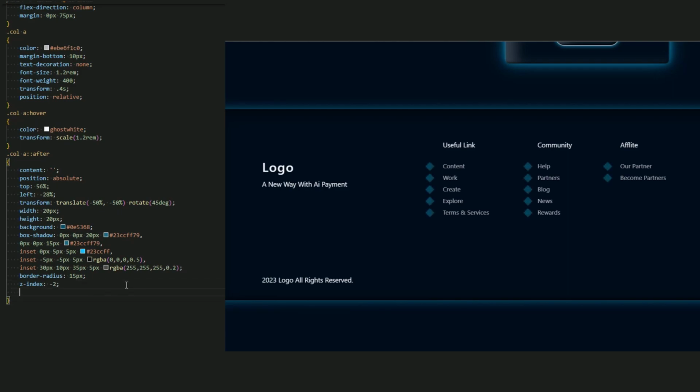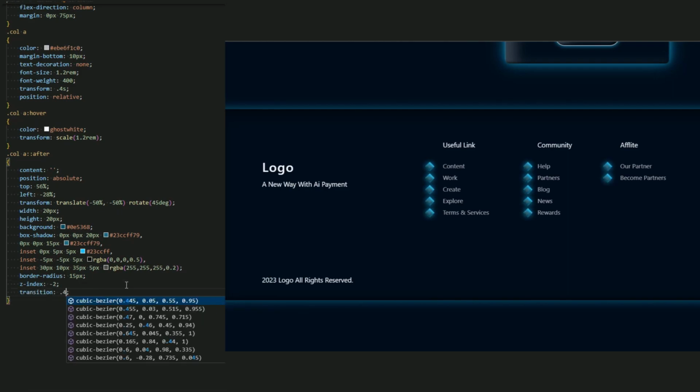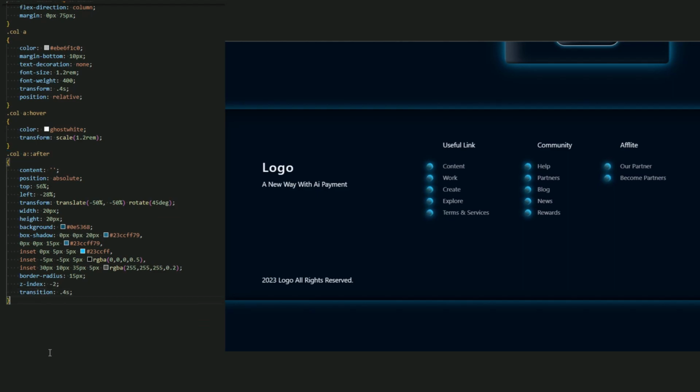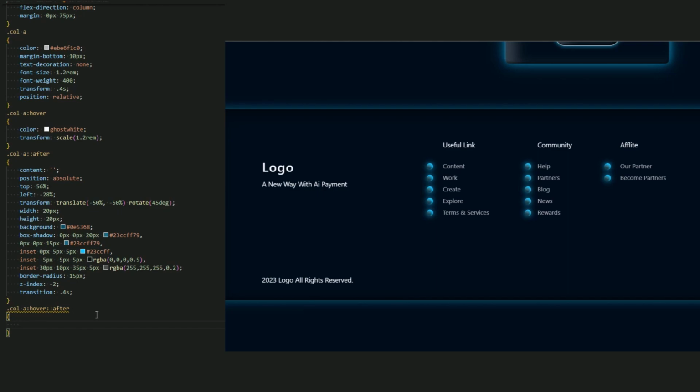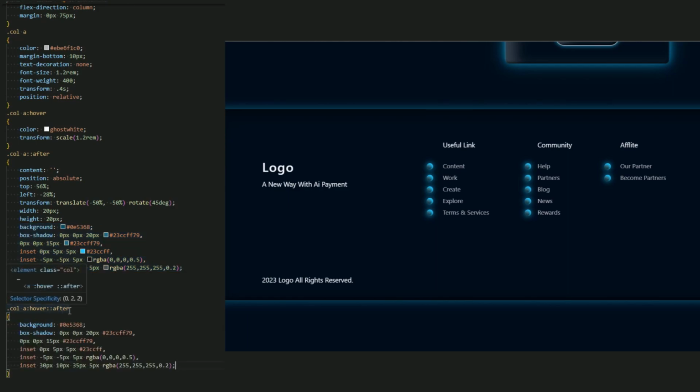Let me add a transition because I want to add the hover for it. Okay, now let me add the hover and let me add a box shadow so the background be the same. Oh, you know what, let me just copy this. Set the background be the same, but I want to add a new inset of this black color.